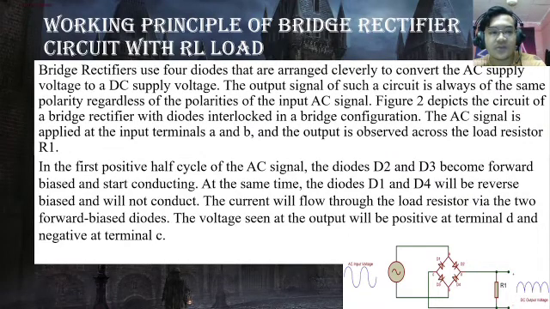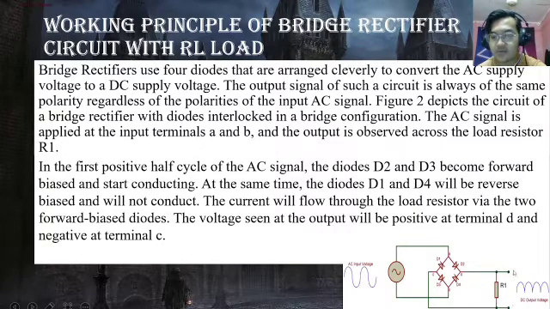The bridge rectifier uses four diodes that are arranged cleverly to convert the AC supply voltage to a DC supply voltage. The output signal of such a circuit is always of the same polarity regardless of the polarity of the input AC signal. Figure 2 depicts the circuit of a bridge rectifier with diodes interlocked in the bridge configuration. The AC signal is applied at the input terminals A and B, and the output is observed across the load